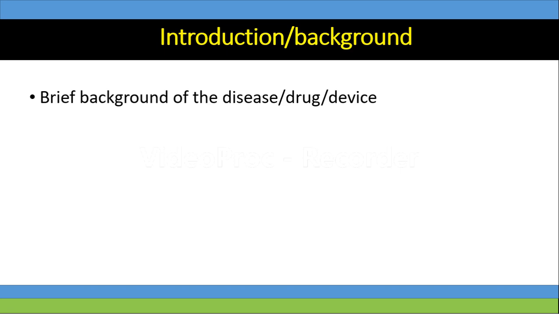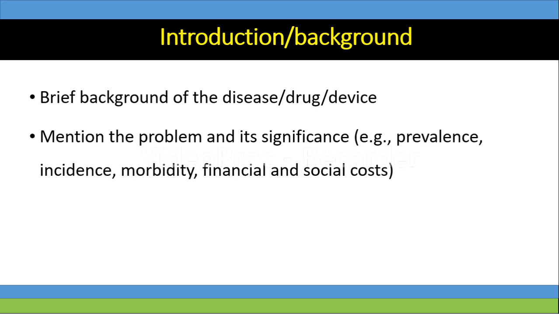Coming to the introduction and the background, you have to provide first of all a brief background of the disease or the drug or the device being used. So you might want to give some statistics, or you might want to say how this disease was detected and what was the first case report of this disease. Then you have to mention the problem and mention the significance. Again, let's say you are doing a case report on a stroke patient, or a patient with cerebral palsy, or hydatid disease, or varicocele, a rare presentation or a different side effect. You might want to first of all define that problem.